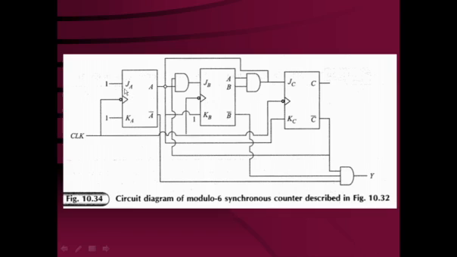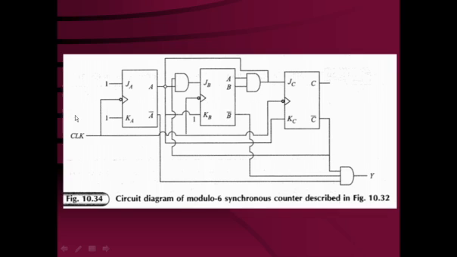We first prepare three JK flip-flops. J, A, K. The output of this one is A and its complement A bar is available. JB and KB are the inputs and B and B bar are the outputs. JC and KC are the inputs. C and C bar are the outputs. In all the flip-flops, a negative clock transition will give the output. So here a bubble and triangle is there. Here also a bubble and triangle is there. Bubble and triangle is there.